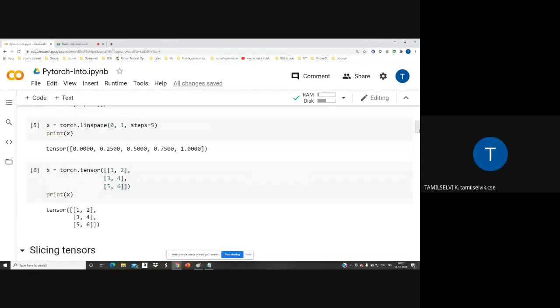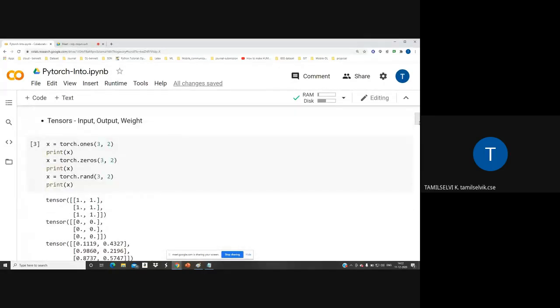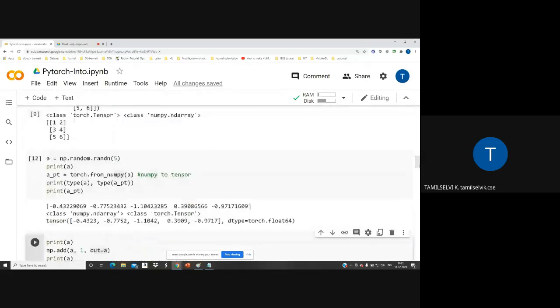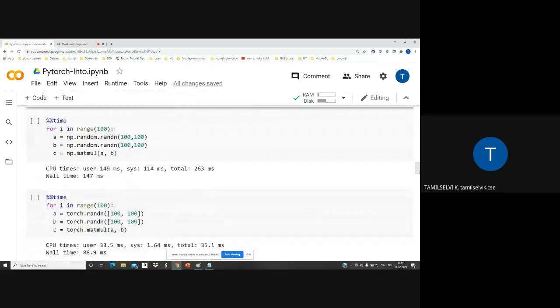Then slicing as usual, whatever you have done in numpy array, same thing. Then default arrays can be created with torch. As of now, we have seen the basic things. Now we are moving to how PyTorch, both TensorFlow and PyTorch, will go with the